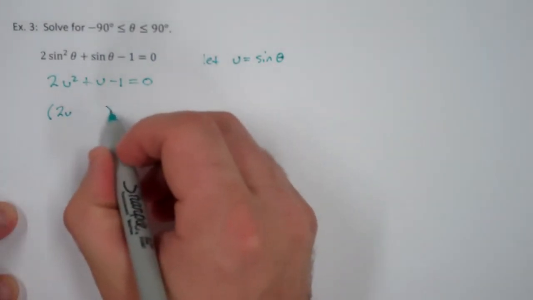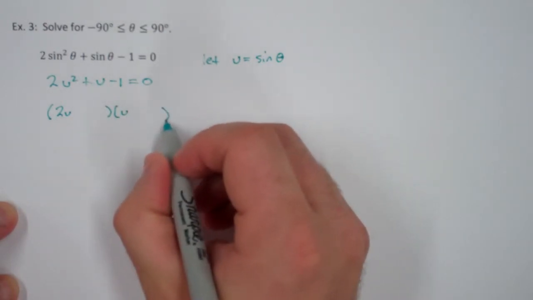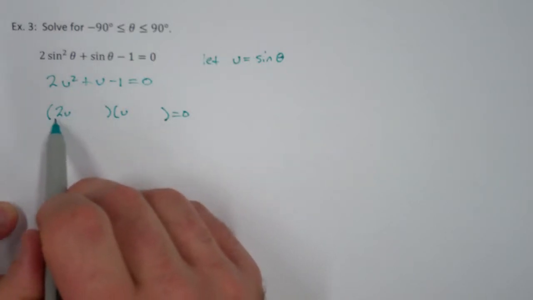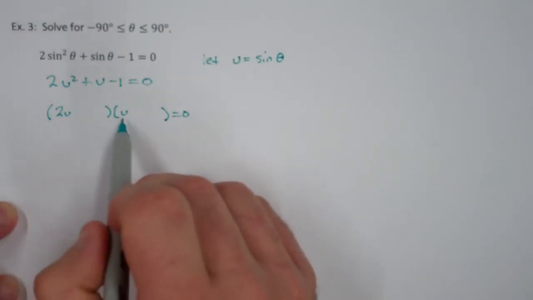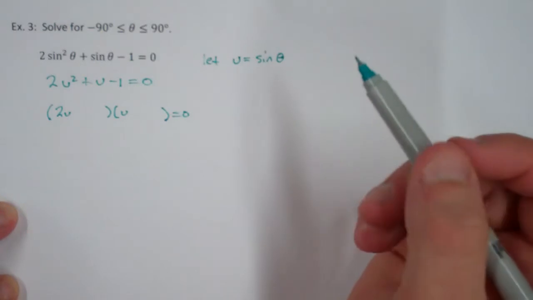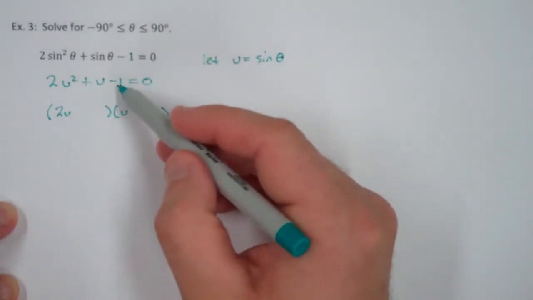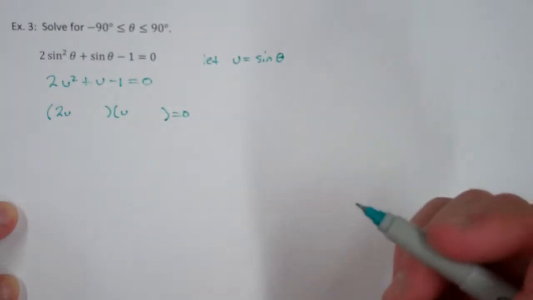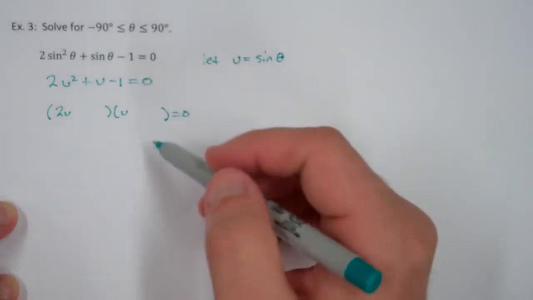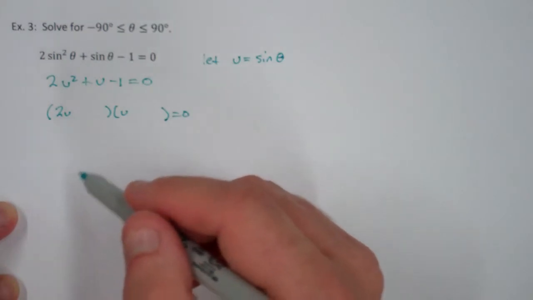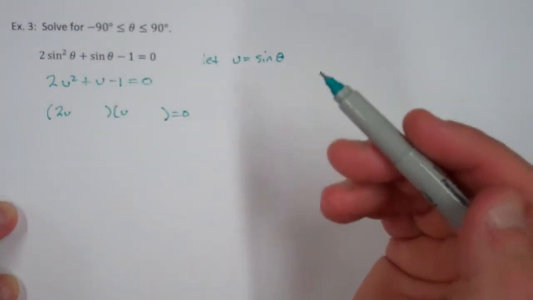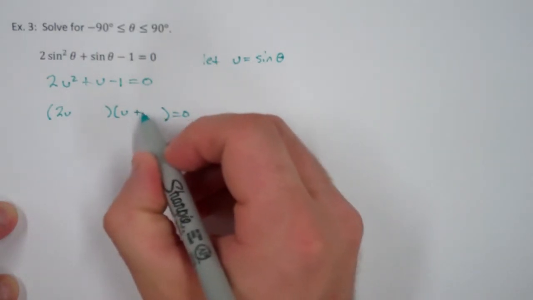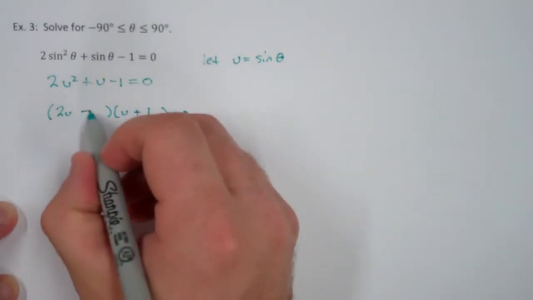We know that the first two terms need to be 2u and u. 2u times u is 2u squared. And also what we need is we need to somehow get two numbers. When we multiply them we get negative 1, so it's going to be a positive 1 and negative 1. And then also when we FOIL this thing back out, we need to get a positive u. Well, if I want positives, I want this 2u to be multiplied by a positive 1